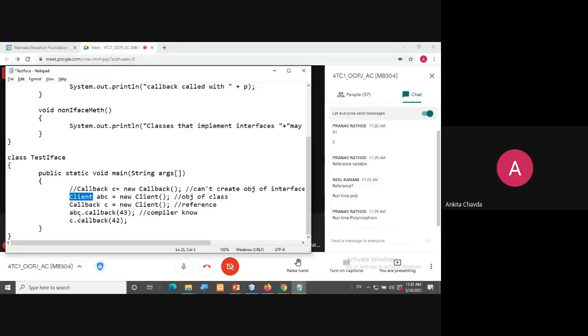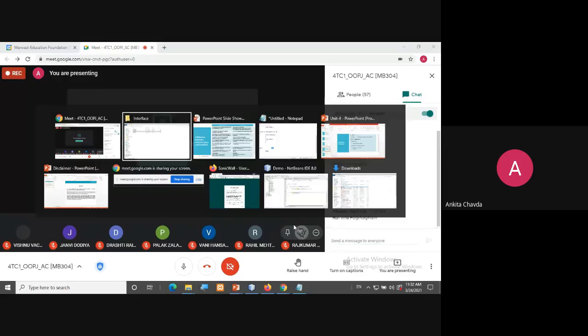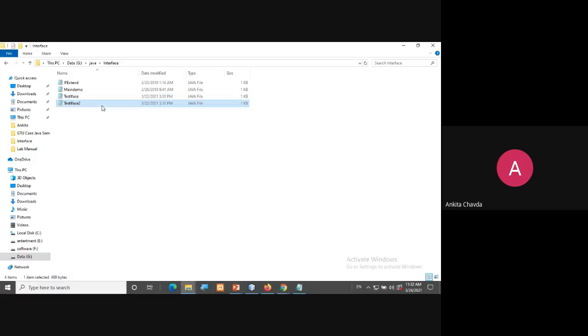So the compiler already knows your method callback will be called via ABC, which is the object of the client. But this is what runtime polymorphism is. Though I'll show you another example which will give you the exact idea about runtime polymorphism.